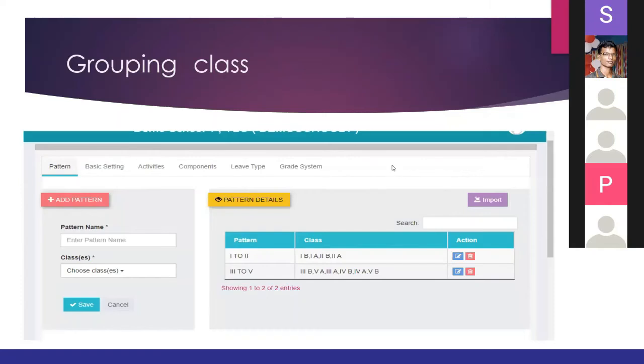I hope you can see the slideshow of the grouping of exam class names. As I told earlier, we have to group the classes according to the exam conducting method. So here I have grouped first standard to second standard as a separate group and third to fifth as a separate group. Because for 1 to 2 they are following a separate calculation method or rank card method, and third to fifth they are following a separate calculation method and rank process method. So I created a separate group for each.